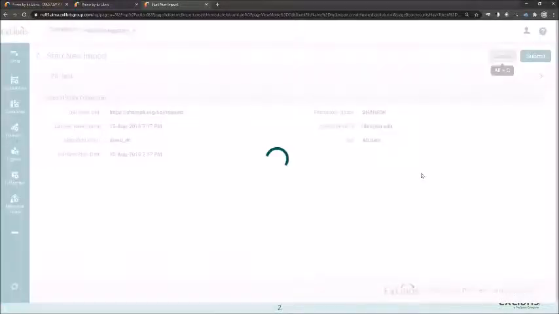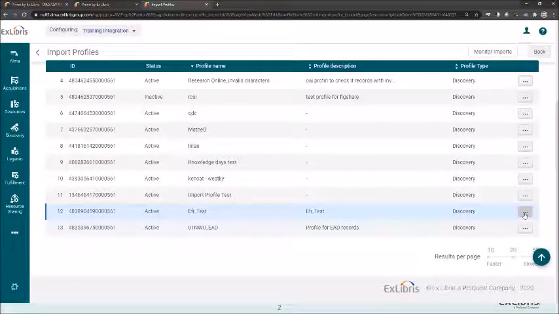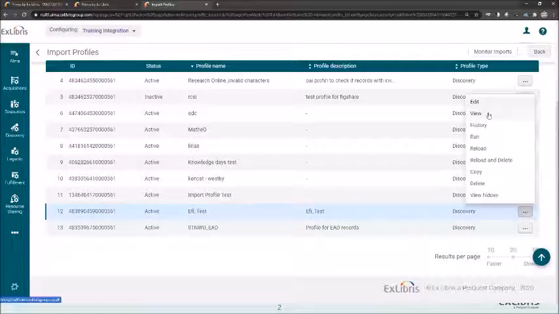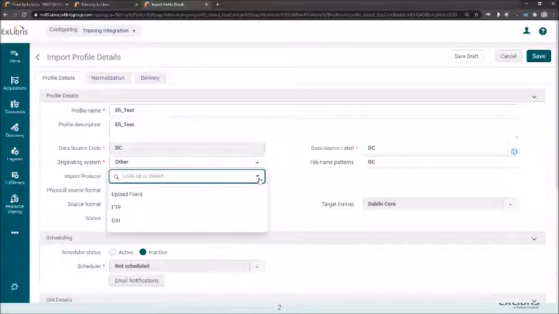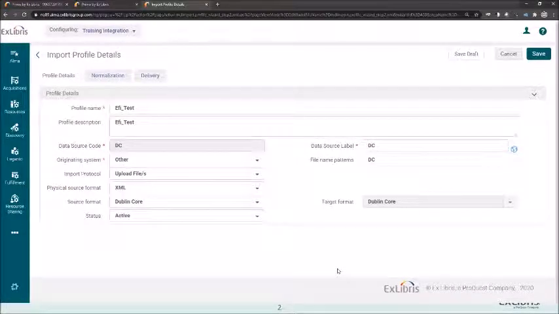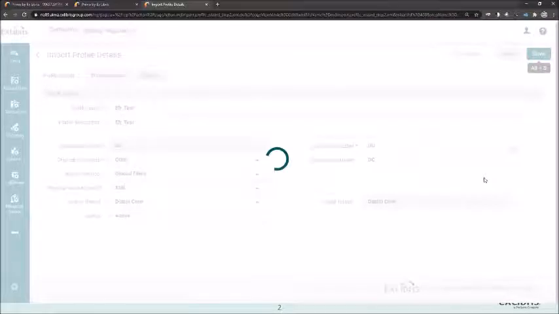Another option that we can see is in case we won't use the OAI, but let's say use the upload file directly from my PC. If I just click here on Edit and then select the upload files option in the import protocol, the first thing you will notice is that the OAI information block just removed because it's not relevant anymore. And then once I click on save,